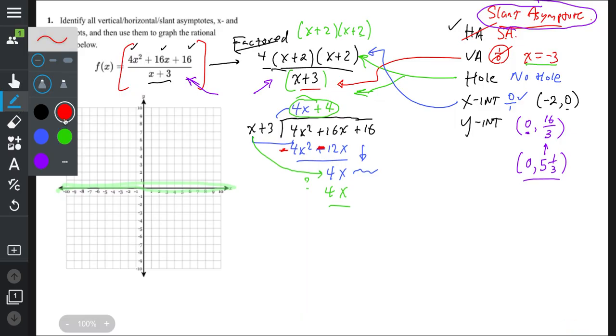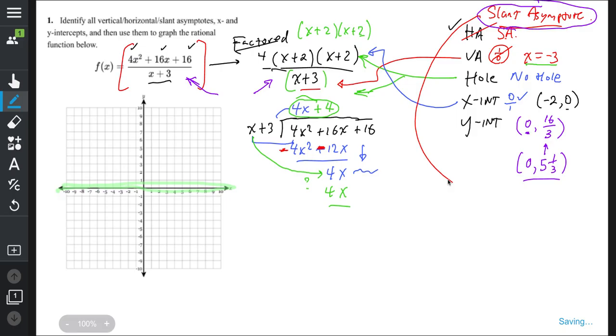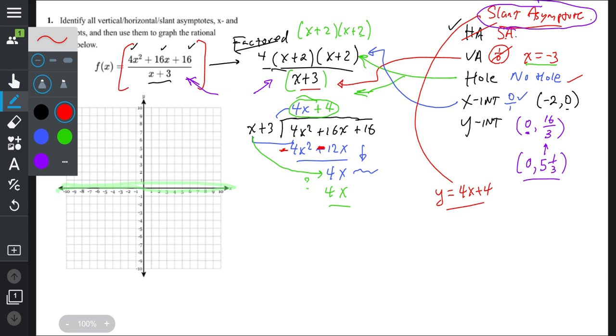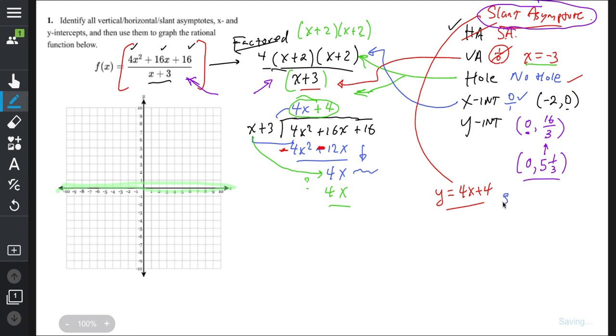So the slant asymptote, which I'll write here, is a linear equation that goes y equals 4x plus 4. Okay, so we have all our features. We know there's no hole, but looks like we have pretty much everything else. So let's go ahead and plot. I'm going to start with a slant asymptote. Now, plotting a line when it's in slope-intercept form, which this is